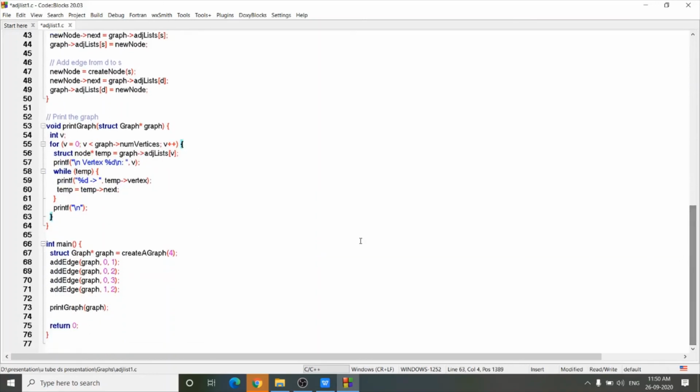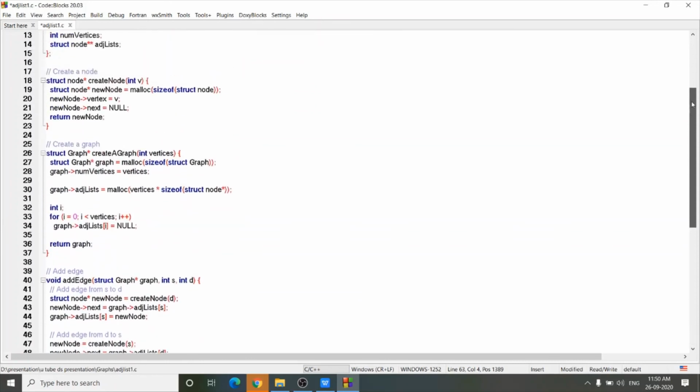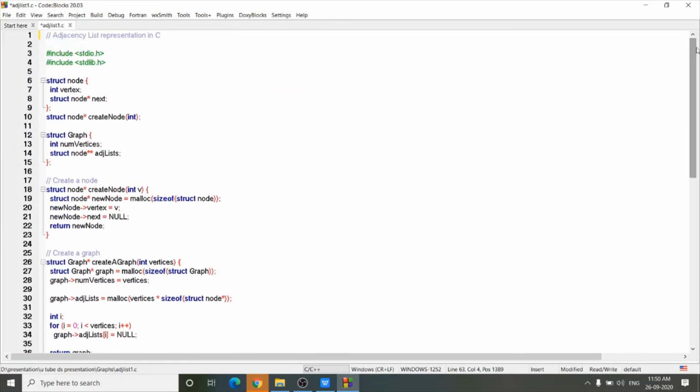So this is the main function. First create a graph, call the function createGraph for creating the graph, then call the function addEdge for adding edges, and then call the function printGraph for printing the graph. Now I am showing the total code. Pause this video, try to do it on your own.